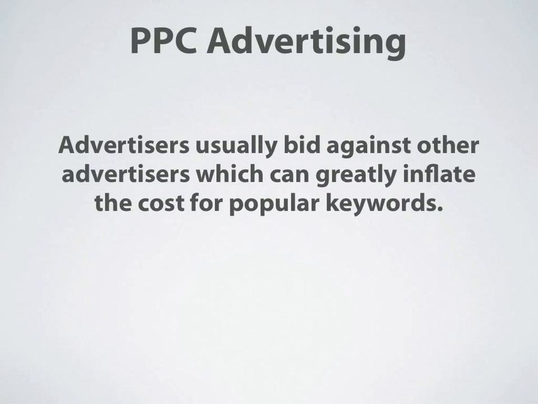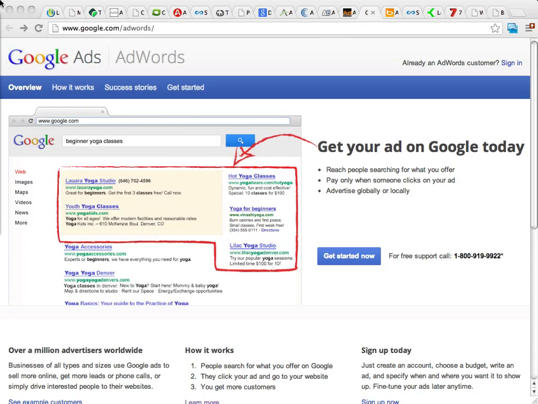Now, all that being said, let's jump right in and take a look at this first PPC advertising site, which is going to be Google Ads. Google AdWords is the most well-known and also the biggest of the PPC networks. It's where a lot of people get their start with PPC advertising because they offer a lot of training videos on the inside. There are also a lot of tutorials, a lot of help available, and a lot of tools to help you find the perfect keyword.